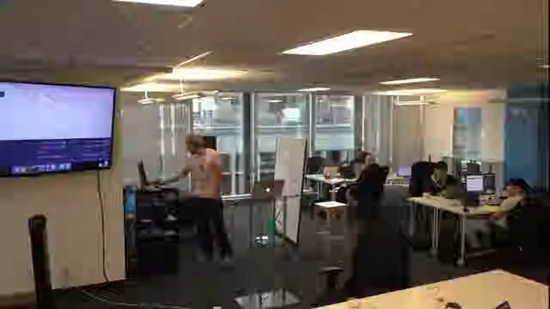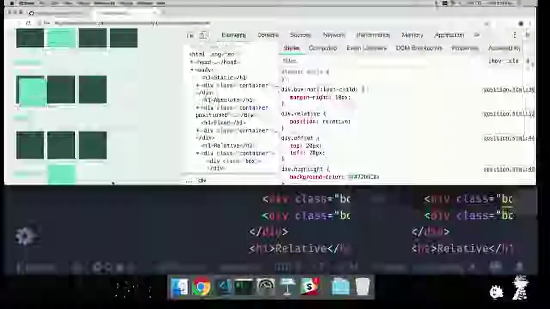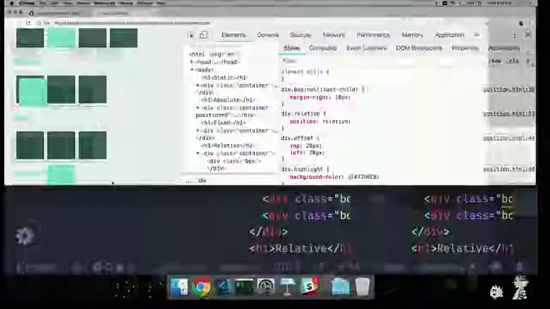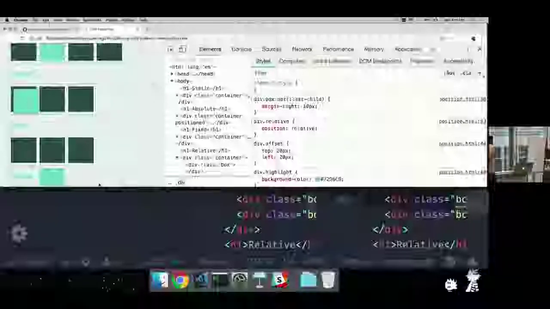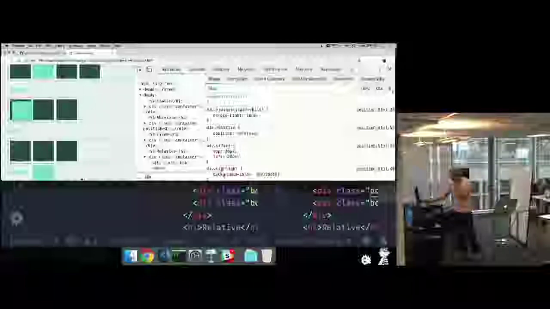Can't see the screen. Sorry. That's right. What I wanted was, do you want full screen or split screen? Because I can do this with a little me, and I can do big me like this.